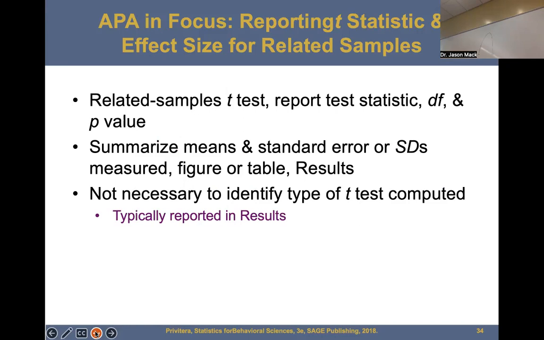So how we report a related samples t-test: report the test statistic, degrees of freedom and p-value, and summarize the mean and standard error or standard deviations, measured in a figure, table, or the results. It's not necessary to identify the type of t-test computed; it's typically reported in the results. That's how we talk about it per APA. And that does take us to the end of